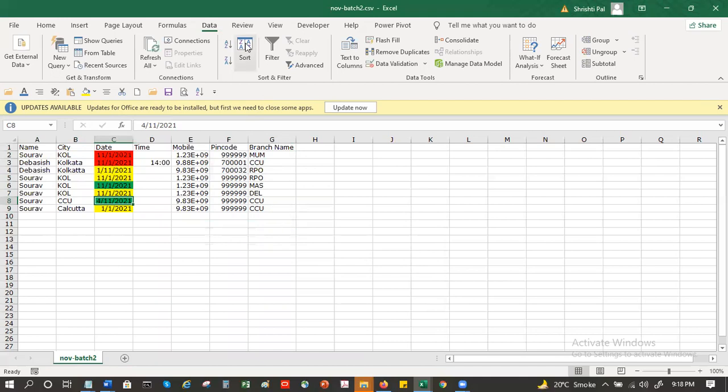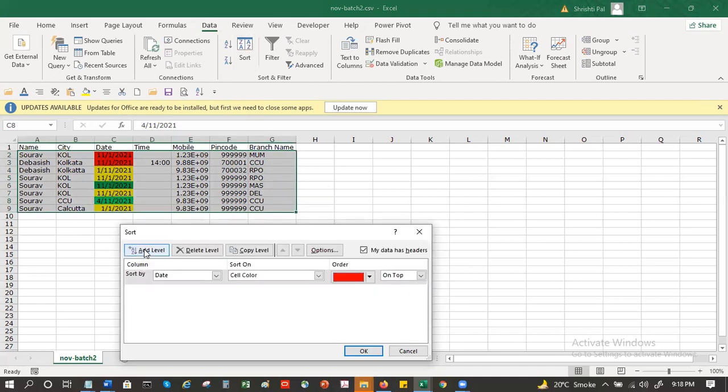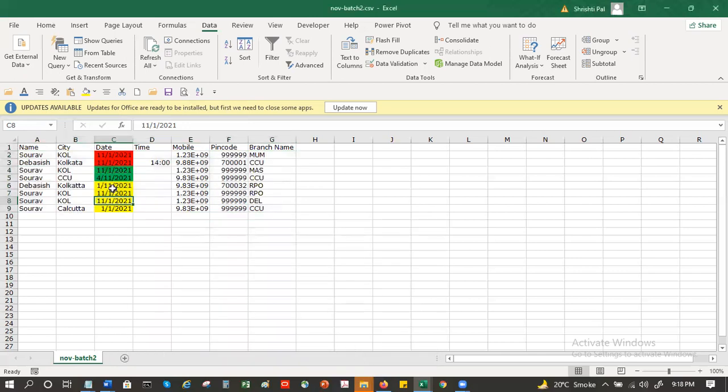And maybe after that, I want my green. So I will say add level, again choose date, cell color, and I'll make this green. That leaves the yellow ones together.